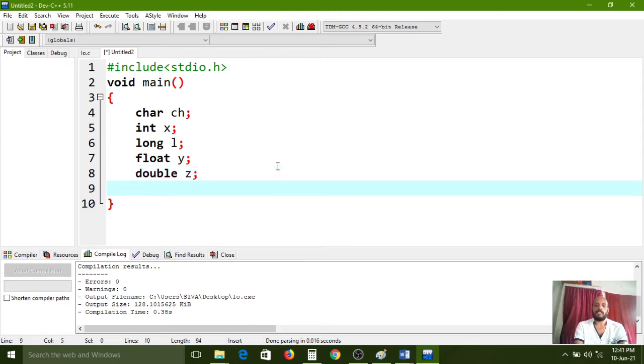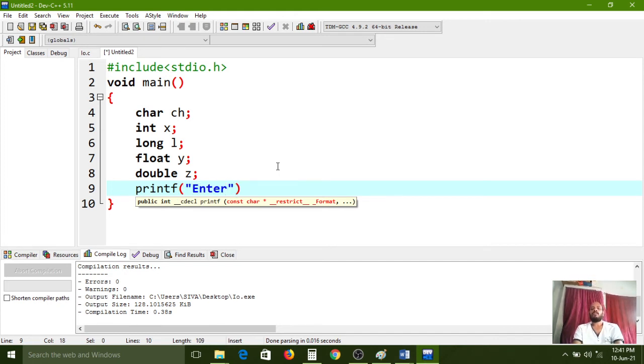So these variables I am using. printf. printf also contains a control string, so that's why we give the message in between double quotes. Whatever message we have configured in between double quotes, it will print on the screen as it is.